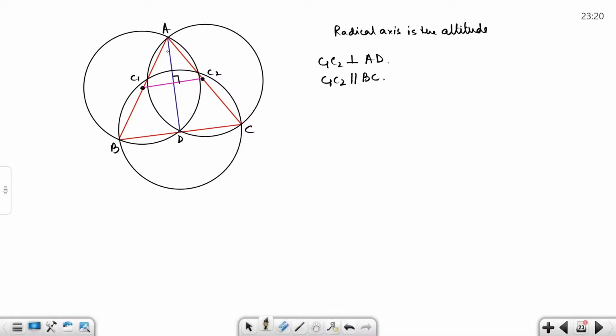Now, as AD is perpendicular to C1C2, it implies AD is also perpendicular to BC. As C1C2 and BC are parallel, and AD is perpendicular to C1C2, it implies it is perpendicular on BC. Is it clear? So, the radical axis AD